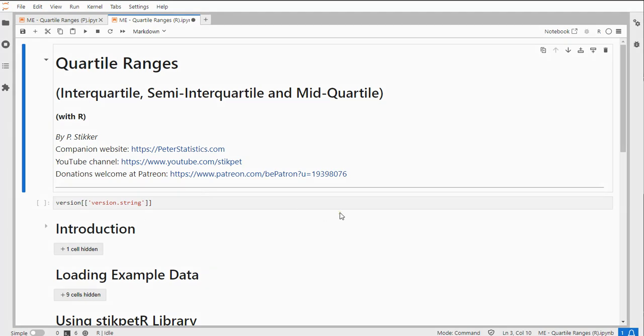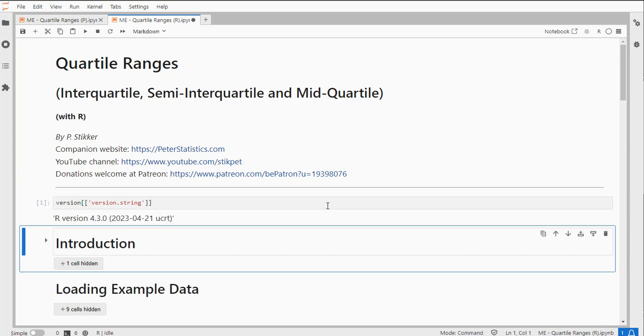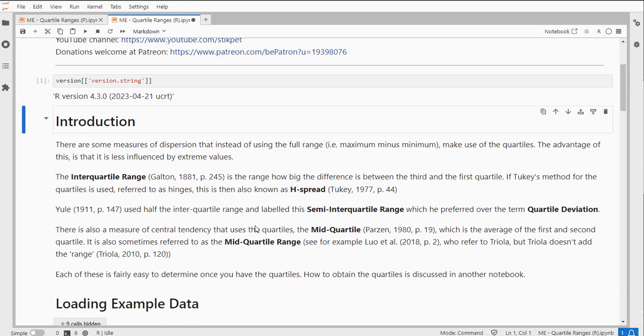Welcome. In this video I'm going to show you how you can determine quartile ranges using R. So I'm using Jupyter Notebook, but this will also work in, for example, RStudio. The version of R I'm using is 4.3, and this will show you how you can determine, for example, the